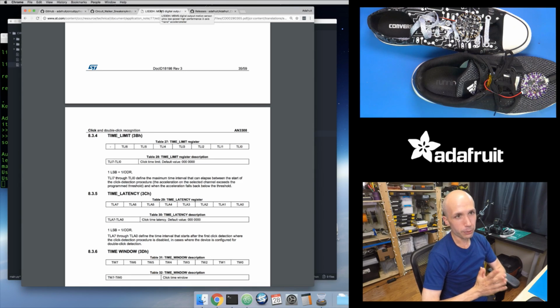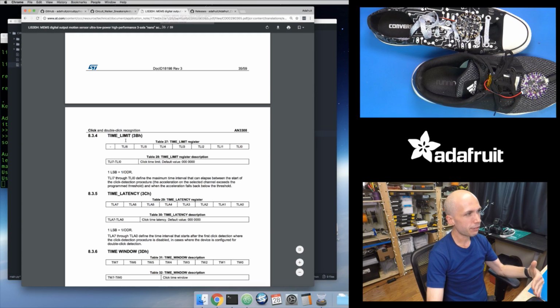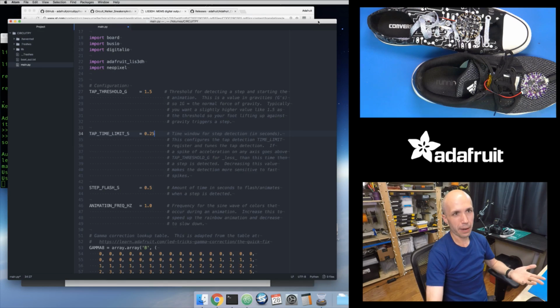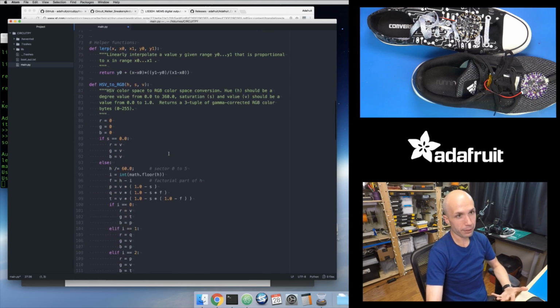So that's all that I use with the accelerometer. I'm using the tap detection and then tweaking the time limit and the threshold values so that I can adjust those. And then rather than making you, the user, set these real low-level register values where you have to intuitively know what the data rate and the range are, the nice thing is I'll just calculate that. I can write the Python code so that you as the user can just provide nice high-level values like I want this threshold in gravities and this time window in seconds,